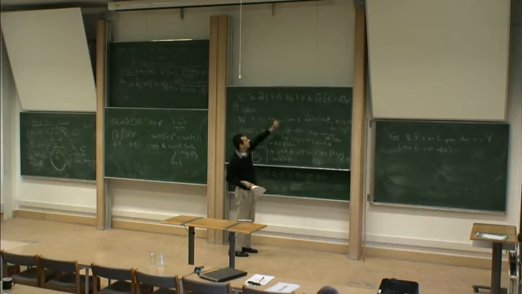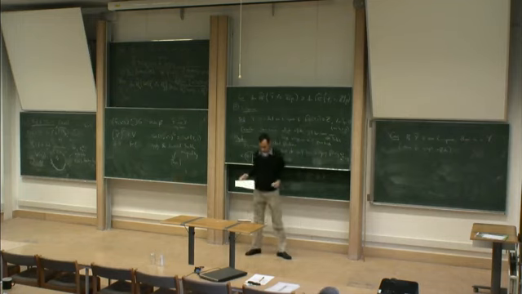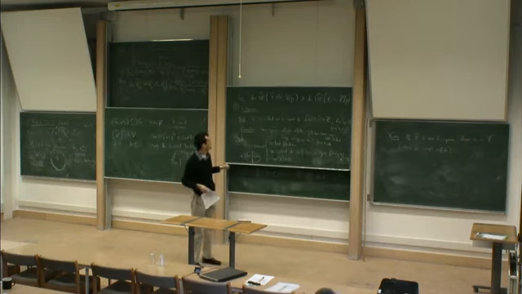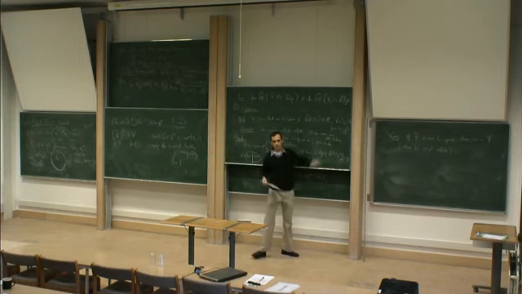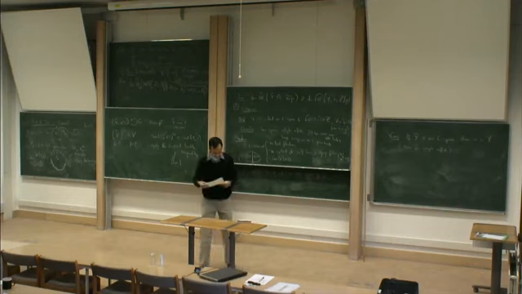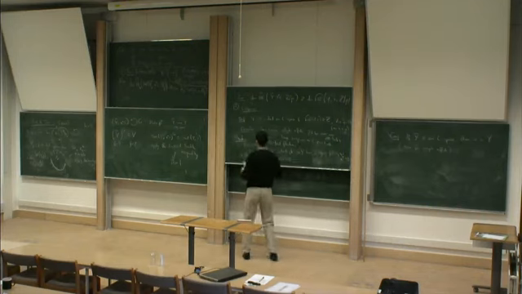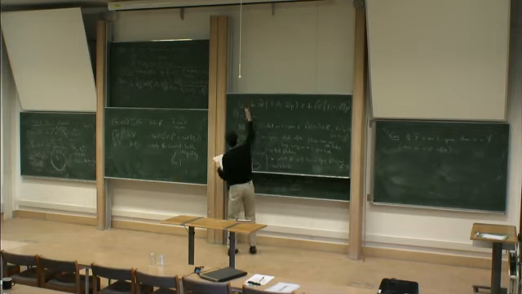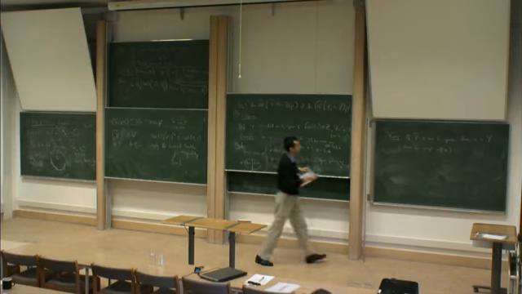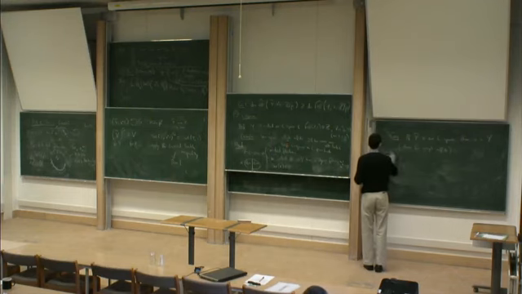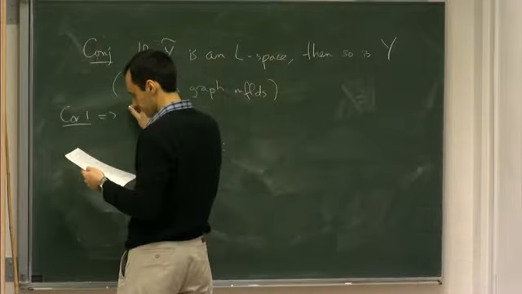Okay, and the Euler characteristic of HF hat is 1 when it's a rational homology sphere. So if this is 1, then this also has to be 1. So let me call this Corollary 1. Corollary 1 implies Corollary 2,